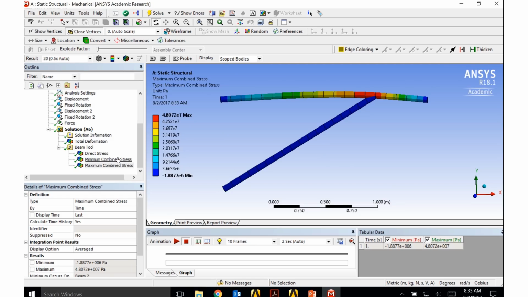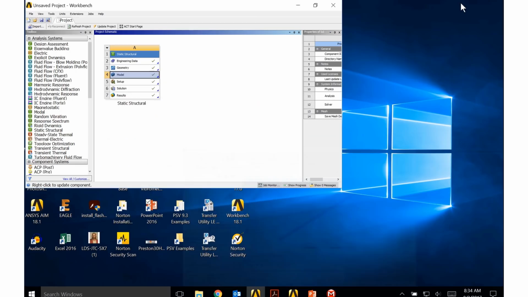So everything looks good here in my static model. I'm ready to go ahead and do the buckling portion of this. To do this, I will minimize the ANSYS mechanical window. I come back to the main project window and I go up to Eigenvalue buckling, and I click on Eigenvalue buckling, bring it over and scroll down to model and release the left mouse button on model, and this will